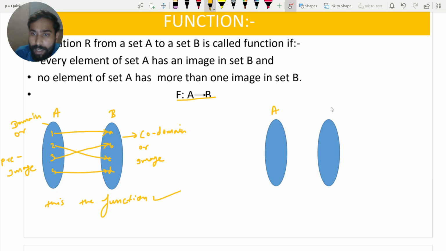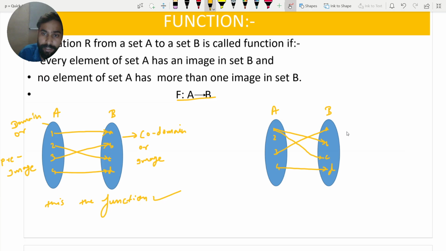For another example, we take two sets, set A and set B. Here we take 1, 2, 3, and 4, and A, B, C, and D. This element of set A has an image in B, and this element of set A also has an image in set B, like this. This element also has an image in set B, a unique image for 3, similarly for 4.